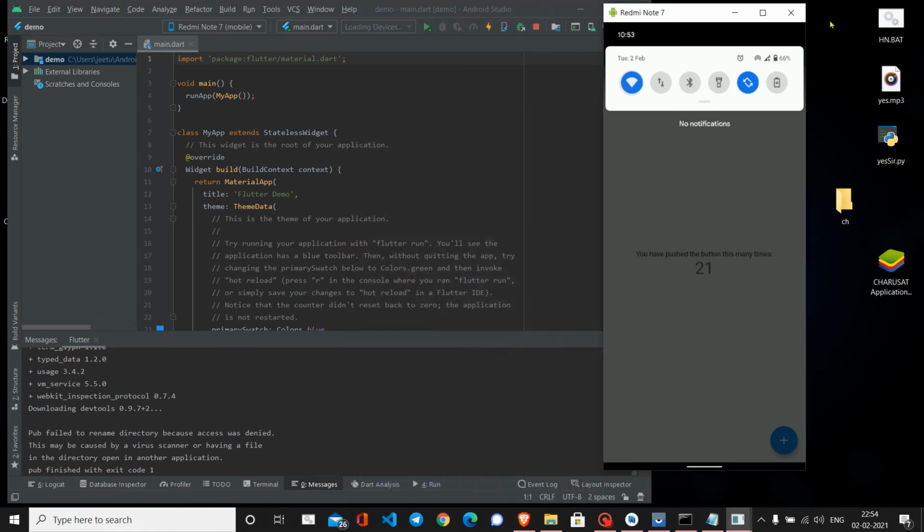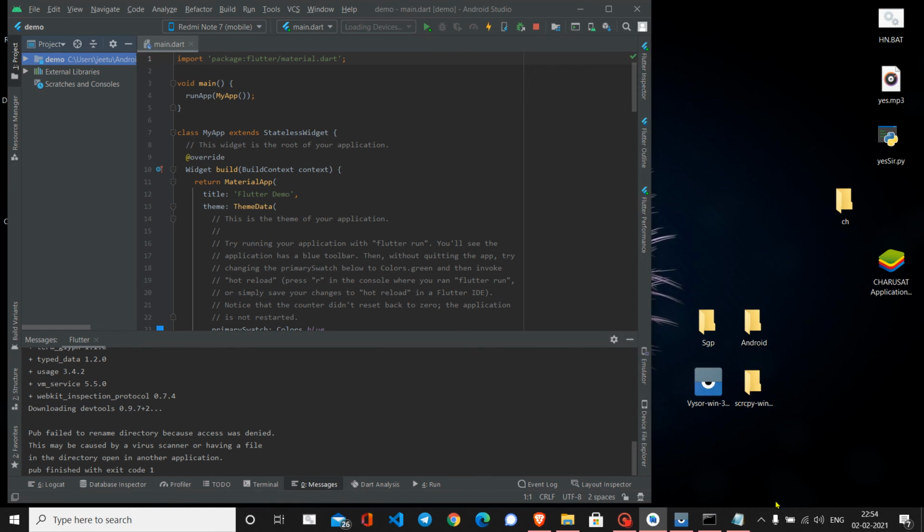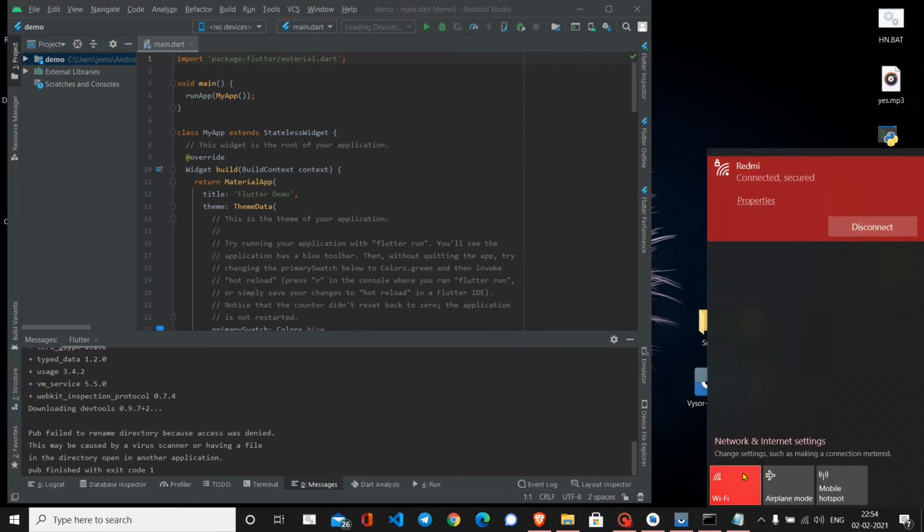So I just need to close it down, and now I need to open up my hotspot and connect my laptop with my hotspot. My Wi-Fi's name was 01, but now currently my hotspot's name is Redmi and I'm connected to Redmi, and yeah, that's pretty much it.